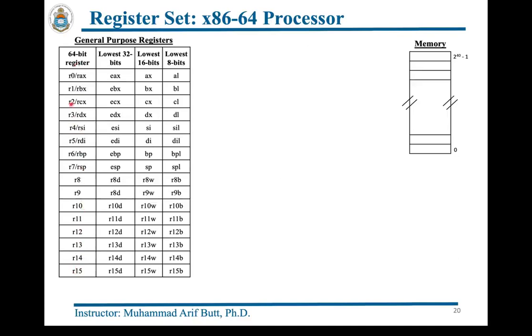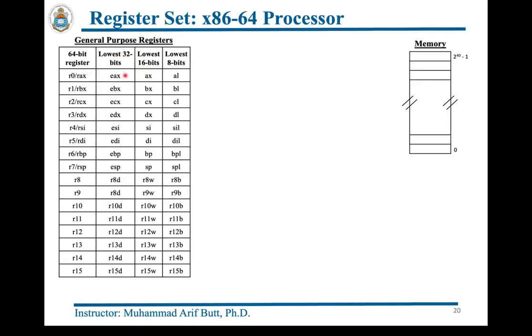Also note the new naming convention of the registers over here, R0, R1, R2 and so on to R15. And of course, to maintain portability and to access data elements of sizes less than 64 bits, that is 32 bits, 16 bits and 8 bits,